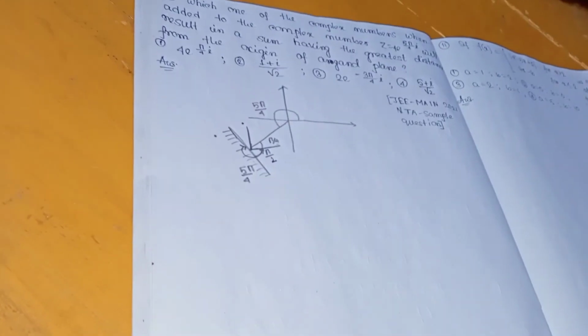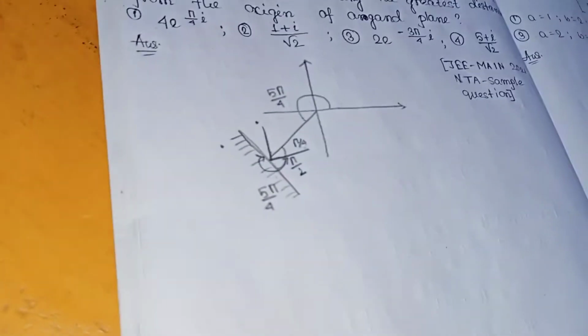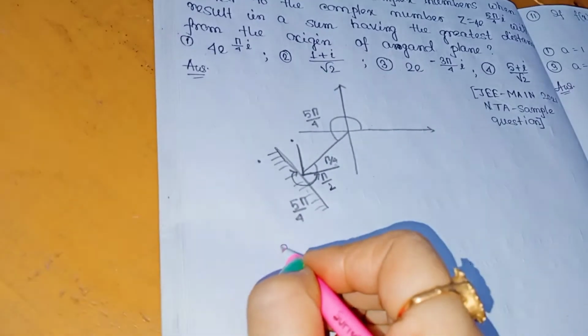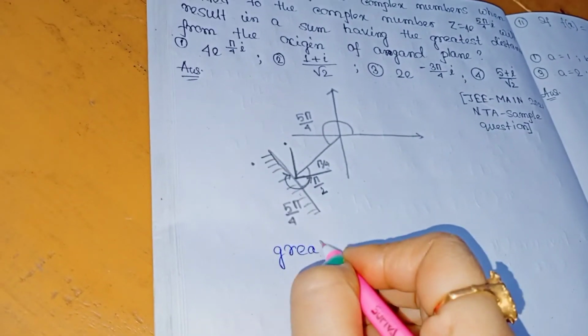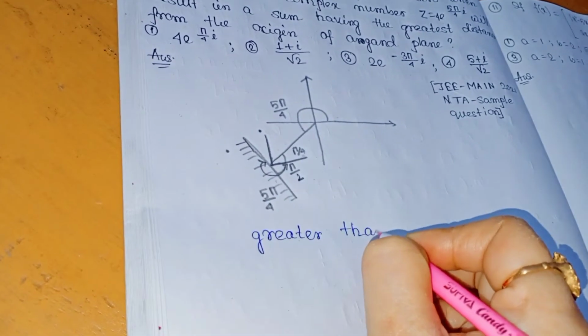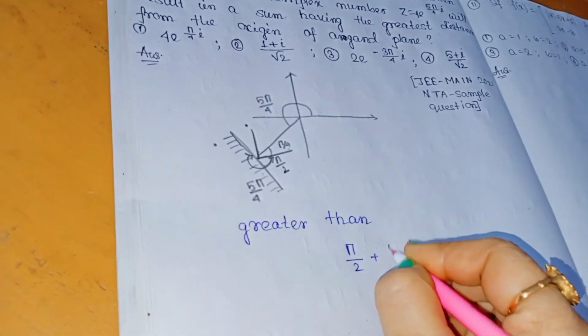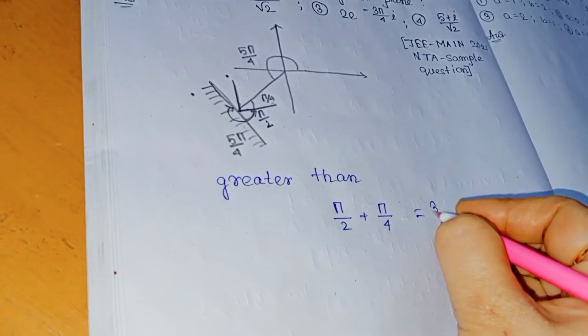Now moving to our question, the point is situated at greater than pi by 2 plus pi by 4, so it is 3 pi by 4,